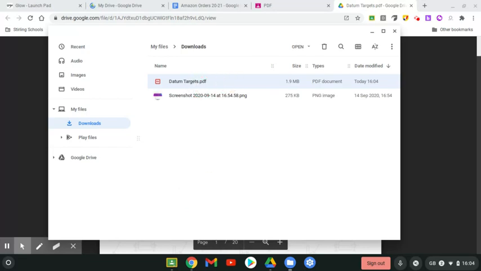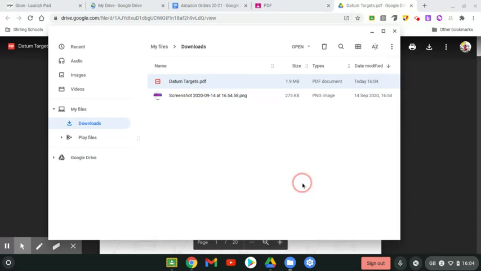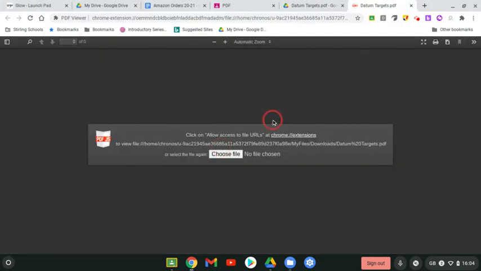and when it loads up, you'll see that Datum Targets is now a file that's available there. Now, at the moment, the internet's connected, so I'm just going to disconnect the internet to show you that even while I'm no longer connected to the internet, if I double click on this, I can open it, but it opens up in this rather awkward PDF viewer